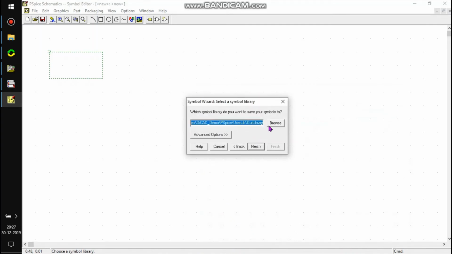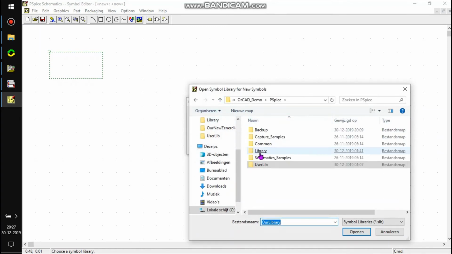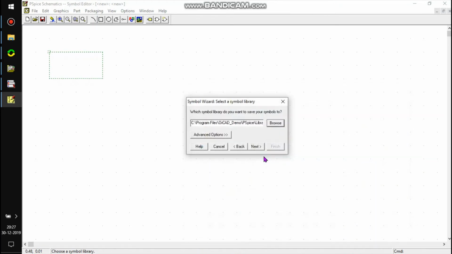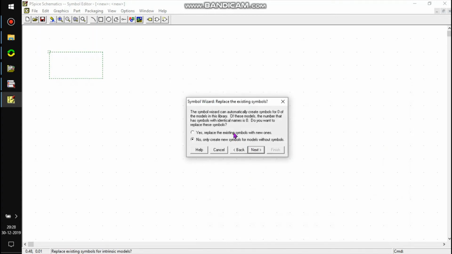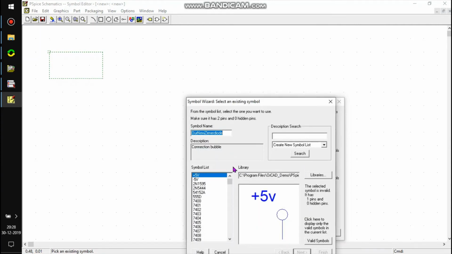And we want our symbols in a standard library, because you cannot make additional symbol libraries in the student version. So here's our new Zener diode. Choose a Zener diode symbol.